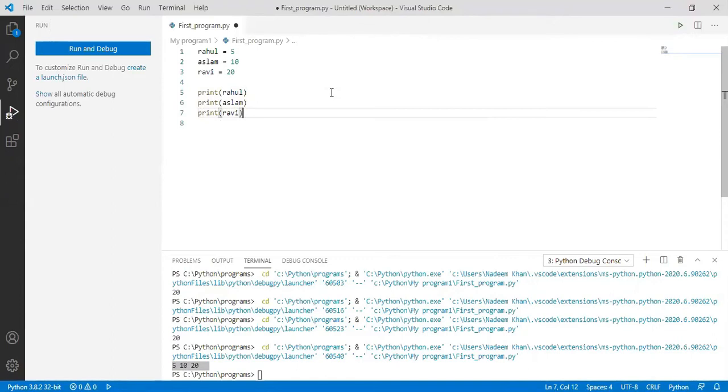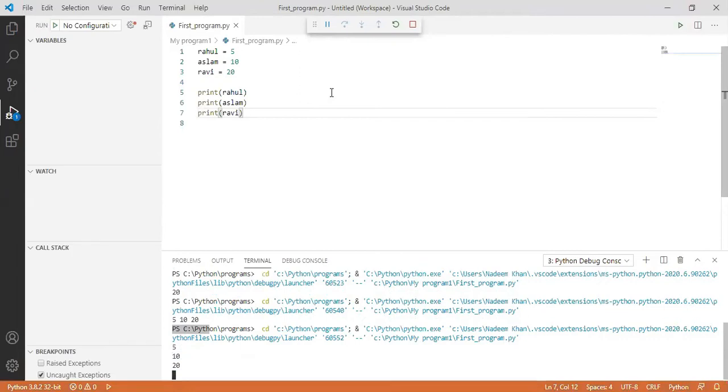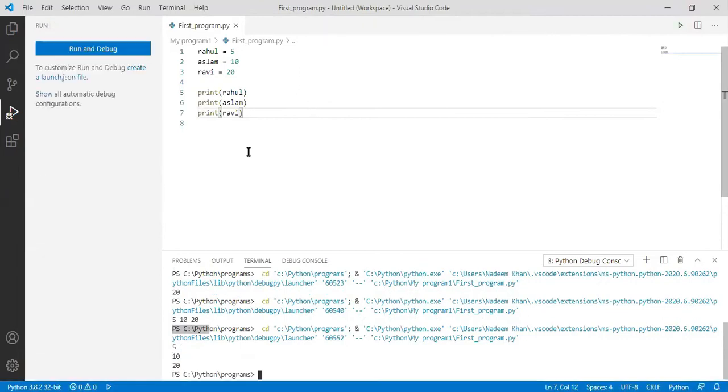It will give the output, but it will be in different lines. Okay, so let's see. You are right. It will give the output, but the output will be in different lines.